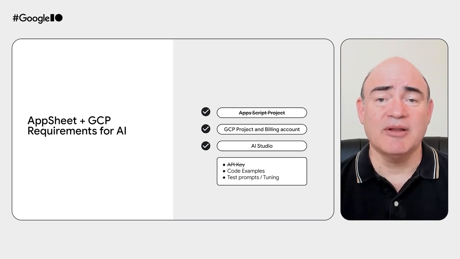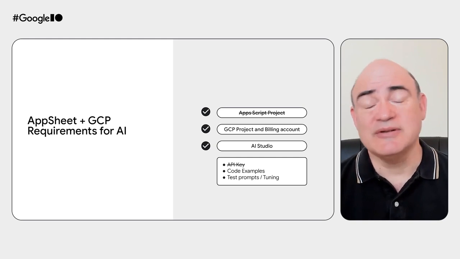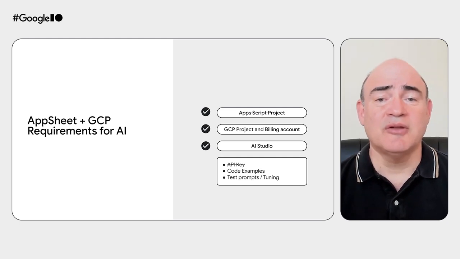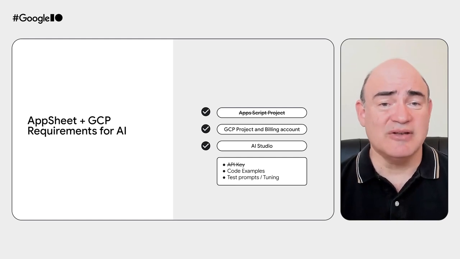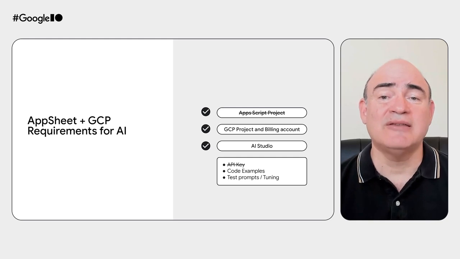First, let's review the requirements for using GCP and AppSheet for AI. As you can see, they're almost identical to AppSheet and Workspace, but in this case, an AppScript project is obviously not required. As before, a Google Cloud Platform or GCP project is needed along with an associated billing account. And similar to before as well, AI Studio is also an extremely useful tool for experimenting with different AI solutions. However, for GCP, the Google Cloud Platform has an AI Studio built into the Cloud Console. It is called Vertex AI Studio, and it provides an even more robust set of tools for AI experimentation and